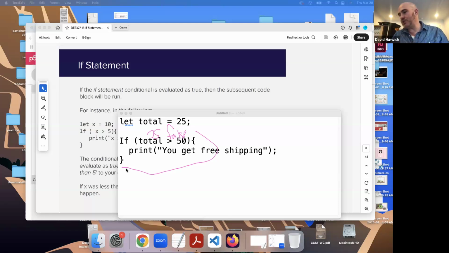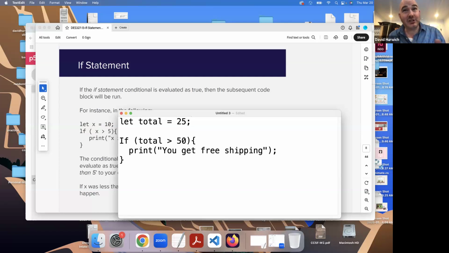So maybe, as a company, Amazon wants to encourage people to spend more. So they may say, oh, you haven't hit $50, but if you just buy a little bit more, you get free shipping. Just kind of like a reminder or any sort of feedback, you know what I mean? And currently there's really no way to do that. So